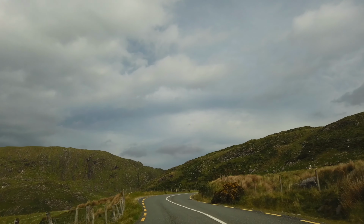Then as you get to June, July, August, now that's the height of the tourist season right there. Tour buses are driving, there's a lot of people around. Nature's absolutely gorgeous. And then from, let's say, September, it starts to taper off a little bit. Families with kids will have to go back to their normal lives, so it's a good time to come here as well. And then October,